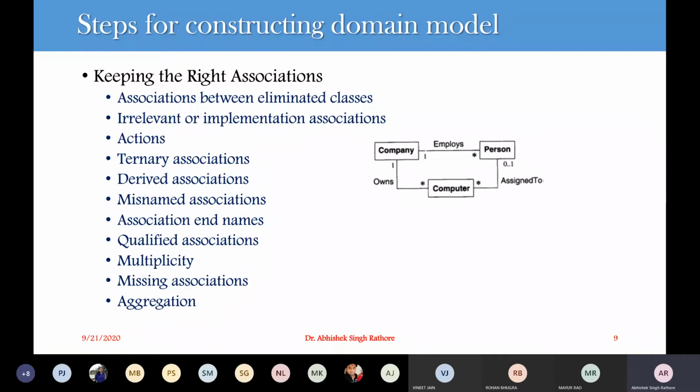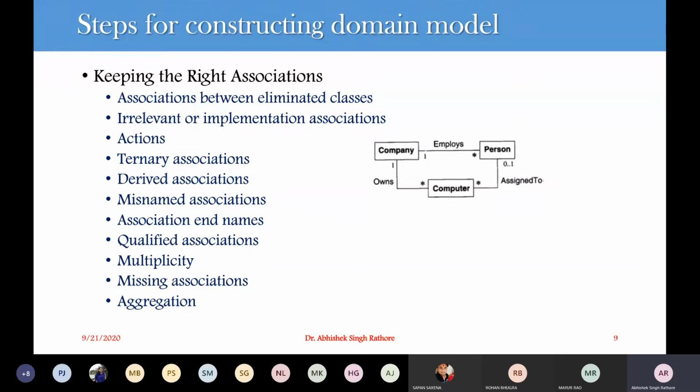Again we are taking an example. Let's say person manages person. So instead of having this person manages person, which is a self loop on that particular class, what we can do is say that a boss manages a particular employee or worker. So again your boss is a person and your worker is a person, but when we are putting in end names, it means that you are giving some instances, and you are including some important instances in your classes.